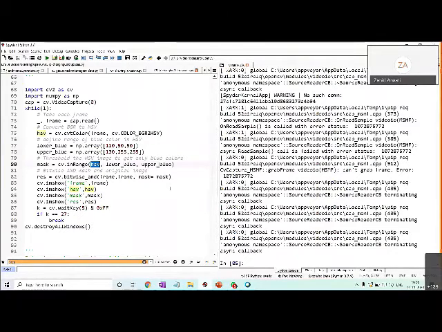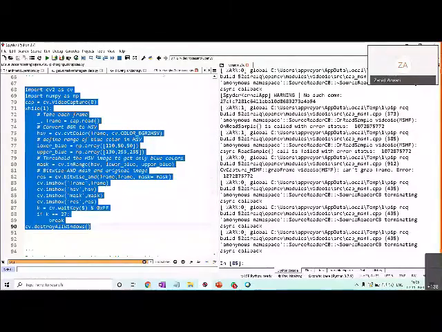Then we show the original frame, then the HSV converted frame, then the mask, and the final result after we do the bitwise ANDing of the frame and the mask. Okay, this we are doing.